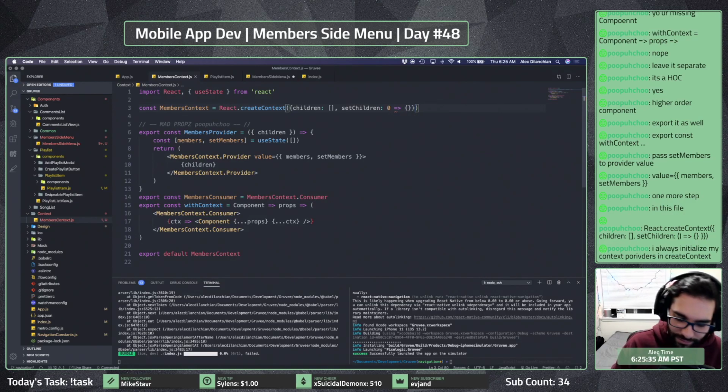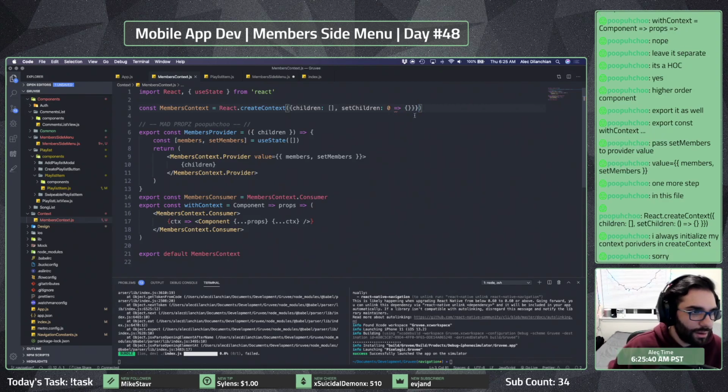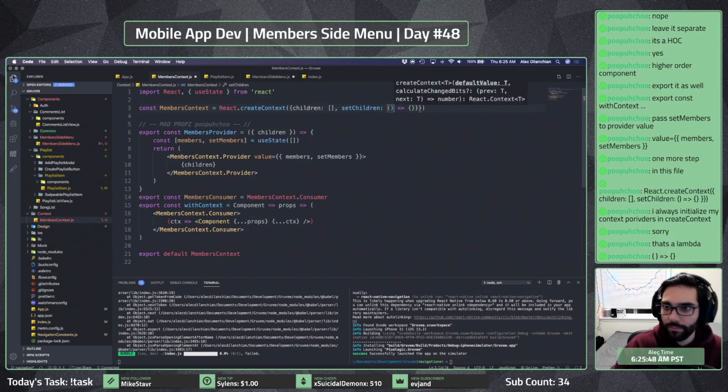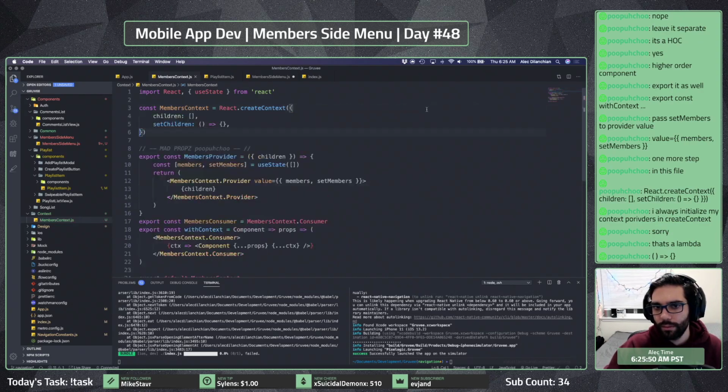Dude, this is some fancy. Oh, it's a lambda? Okay, okay. This is fancy stuff, man.